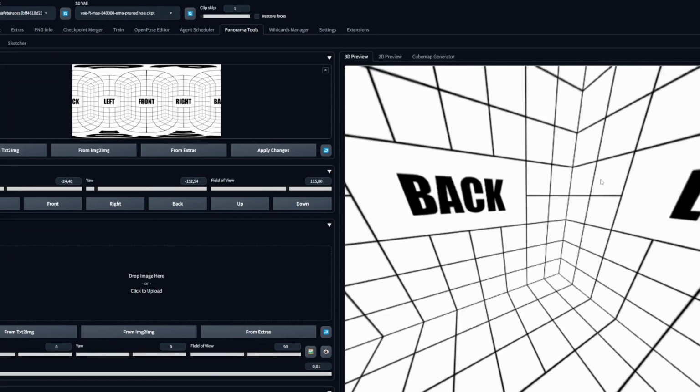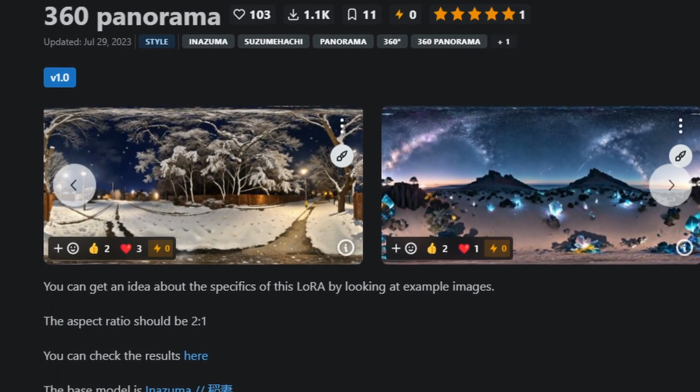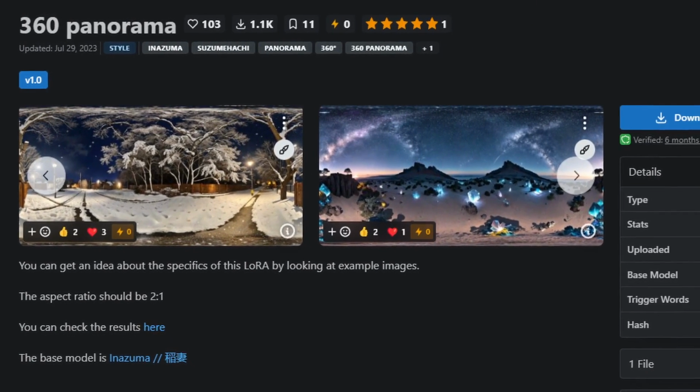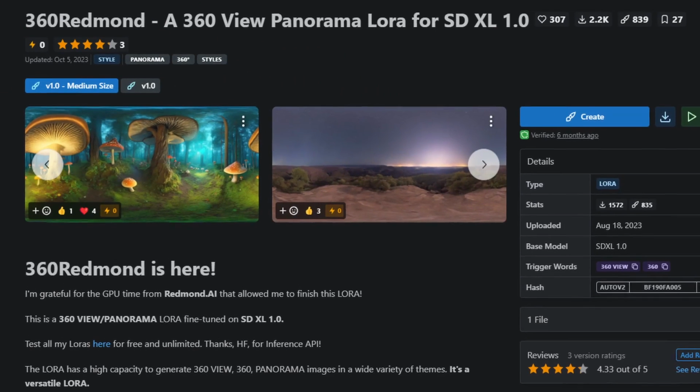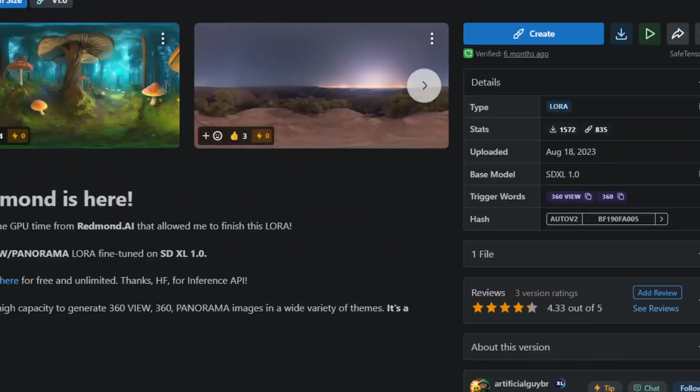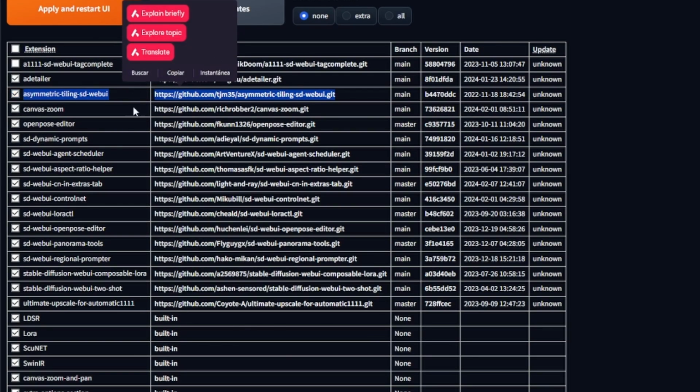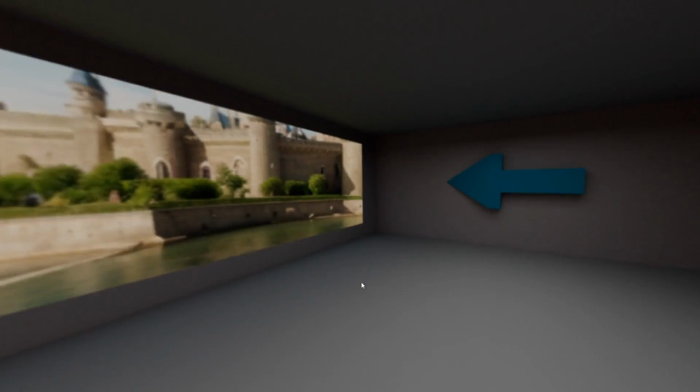So, pay attention. We will be creating 360 images directly from Stable Diffusion. If you are using SD 1.5, you can download this 360 Panorama LoRA by Dobro Sketchkun, or download the 360 Dreadmon LoRA by Artificial Guy PR. I will, however, recommend that you install 2 extensions, Asymmetric Tiling and Panorama Viewer, which will allow us to quickly